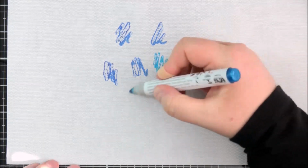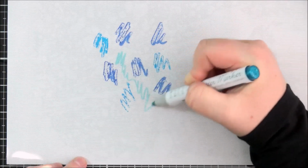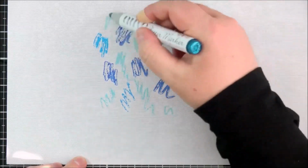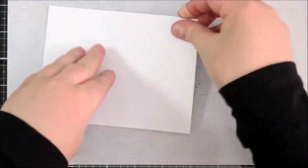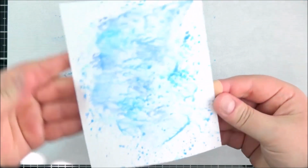I have taken the Tonic Easy Clean Matte and just added that onto the top of the glass media mat that I was using. And I've taken 3 shades of blue glitter markers here, and I'm randomly scribbling those onto the mat, and then I'm going to take the light mist spray bottle and just mist those with some water. And like we did with the last technique, this is going to make them into watercolours, but this time I'm going to smush or pounce some watercolour paper into that colour,